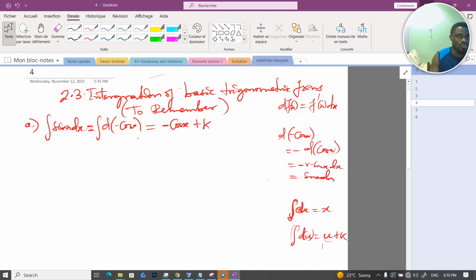Minus cos x plus the constant k. Let's go to the integral,